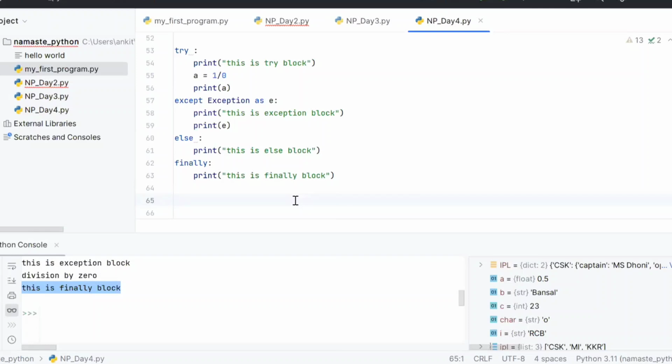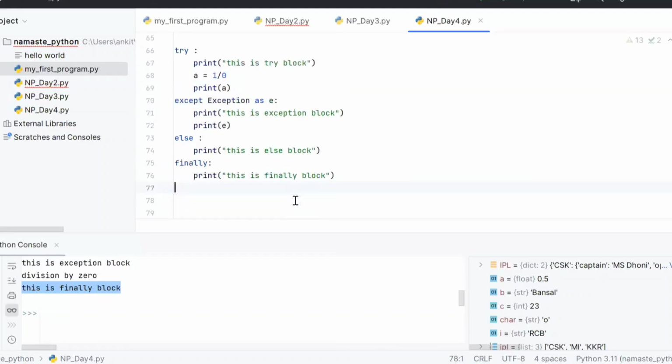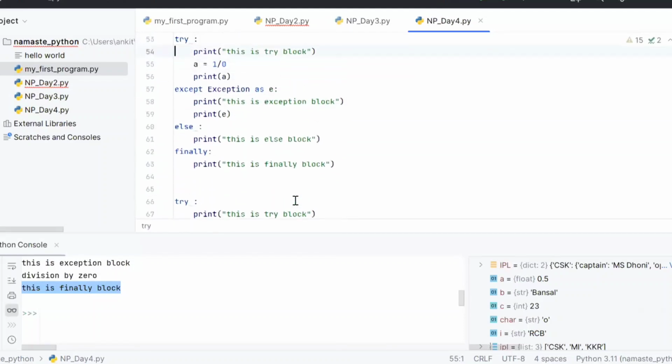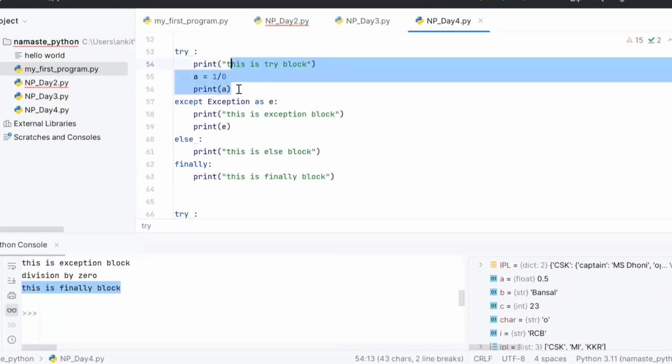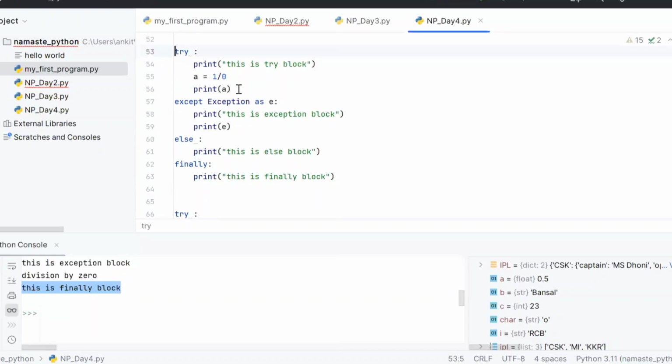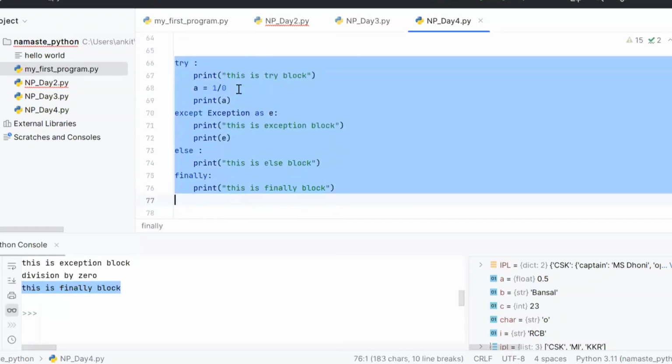Ankit, can you write multiple try statements here? Just for the sake of understanding, you can write one more try else block. You write some part of code, and logically you divide your code maybe into 4 parts.